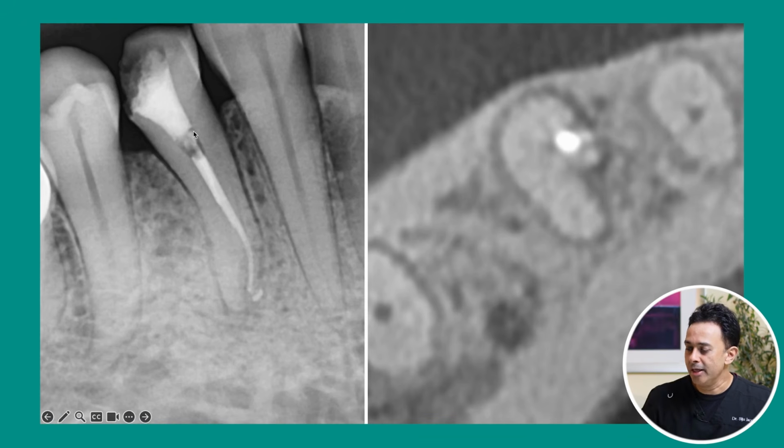You can see here, the previous practitioner has cleaned, shaped and obturated one canal. From the radiograph, it's pretty clear that there is a missed canal, right? So the first thing we do is we take a cone beam CT, and in the cone beam CT you can see that's the obturated canal, and the canal which isn't obturated is lingual to the obturated canal. So you know immediately that when you go back into this tooth at the level of the bifurcation, you need to look lingually and you will find the missed canal, which is what we did.